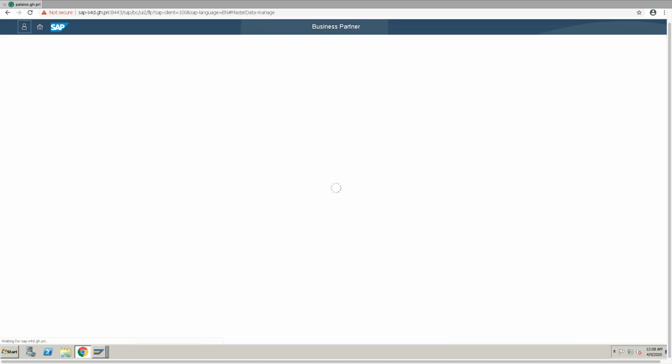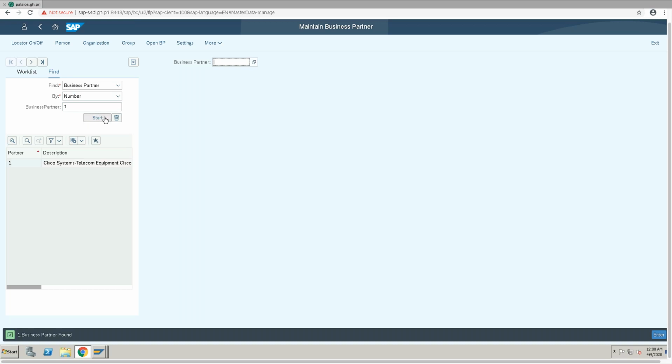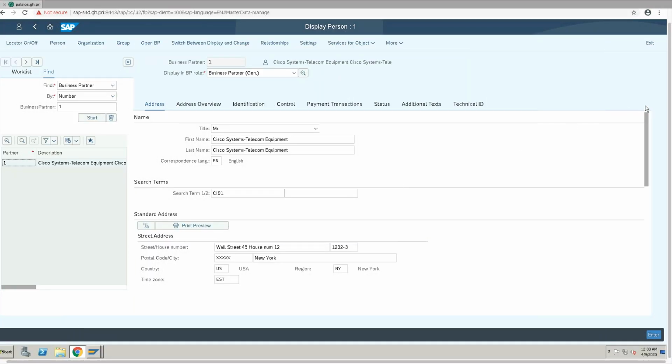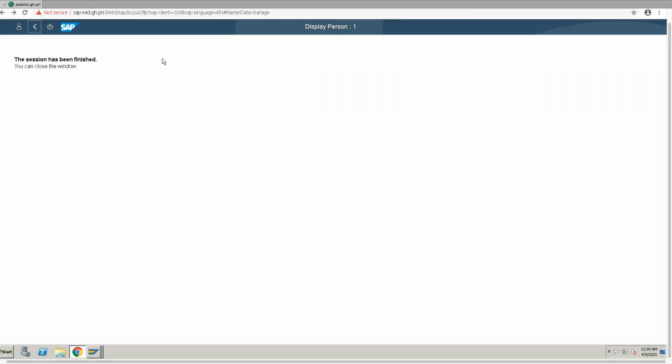So I go back into the app and run the business partner transaction. Now you can see that the information is no longer available for the user, and it's been masked. So the user is not able to view the details that was previously available. So that's how we can dynamically control the information in the transaction. We can also run a second transaction. In this case,